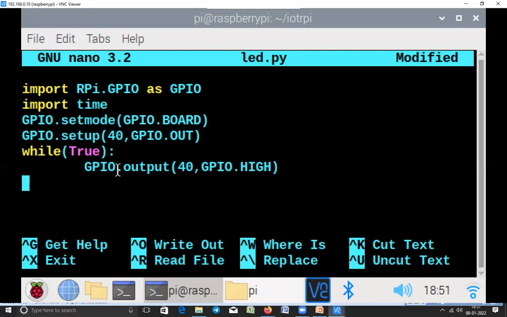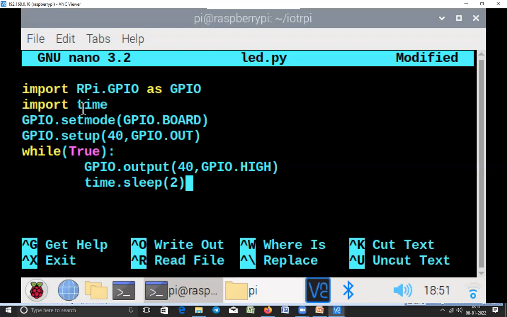After this, I want to wait in this particular state for some time, maybe 1 second or 2 seconds, so that we can see that LED is on. So you have to provide here delay. To provide delay, time dot sleep, provide here delay 2 seconds. This sleep function is present in the module time.